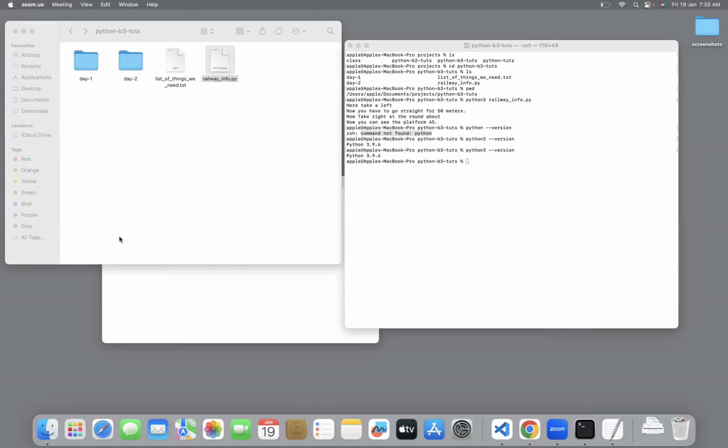You have to give a space between python and the hyphens, then hyphen hyphen with no space, version. Did anyone try that? It's showing Python 3.12.1. Okay, you have the latest version. Blessy, what about you?